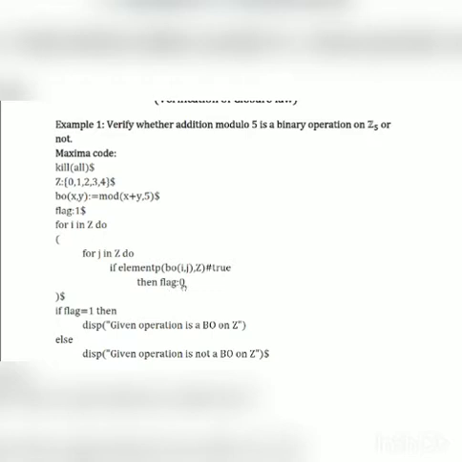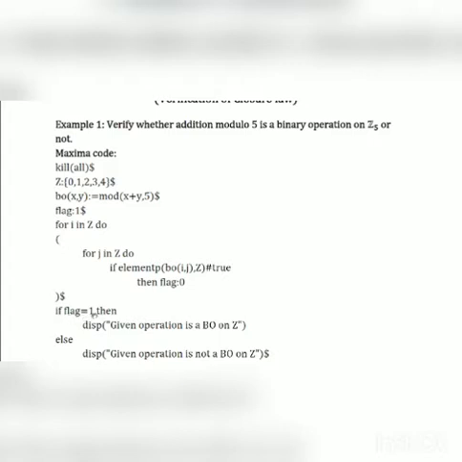What is the meaning of that? That means this is not a binary operation. So your flag will be 0 and it will be terminated and the result will be displayed. Otherwise, if this is true, then flag will remain as 1 only. Flag will remain 1 and it runs the program for all the values of I and J. And at the end, after giving all the values for I and J, it comes out of the loop, and if still flag is 1, if flag equal to 1, don't use the assignment operator. You are not assigning it. You are calling the answer. Flag is stored with value 1 or 0.